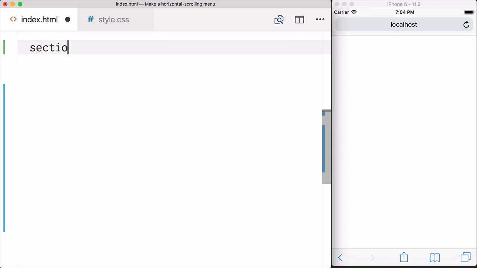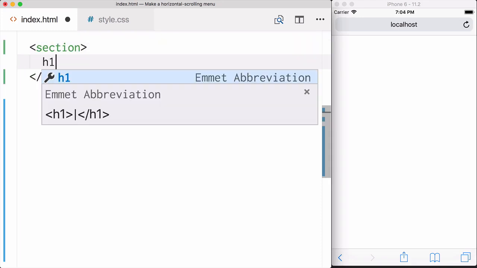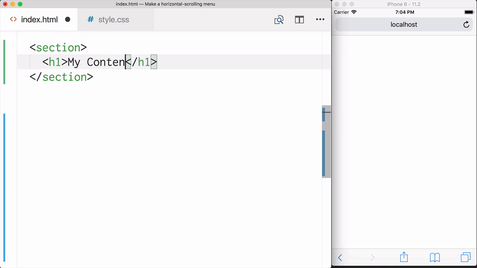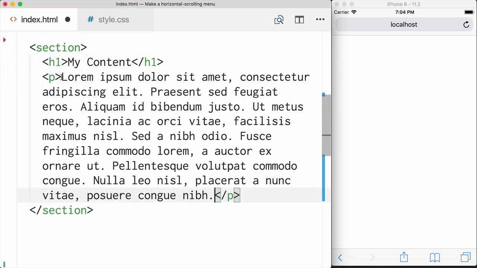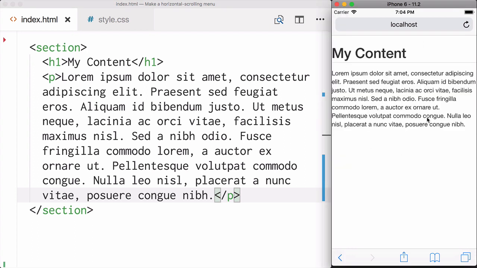Let's start by making a main section, and inside the section we'll have a header and a paragraph, both with some placeholder text. And here's our content. Now above this content, we're going to insert a nav, which is going to have links